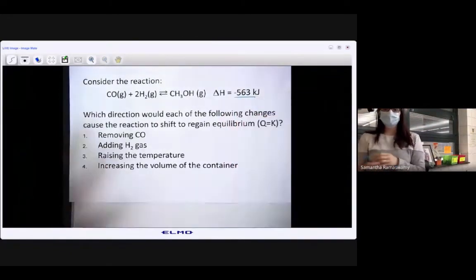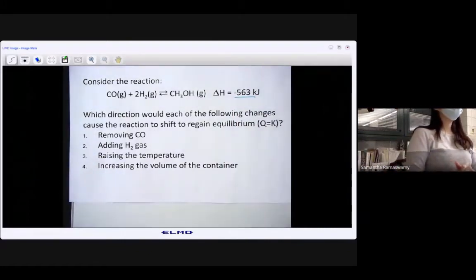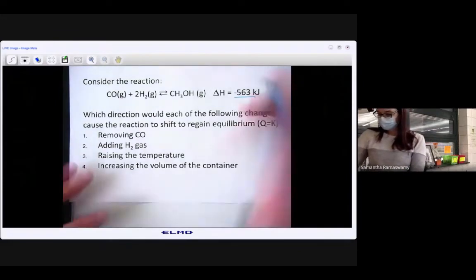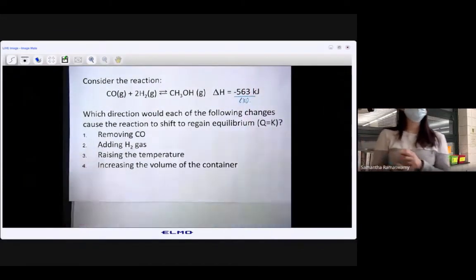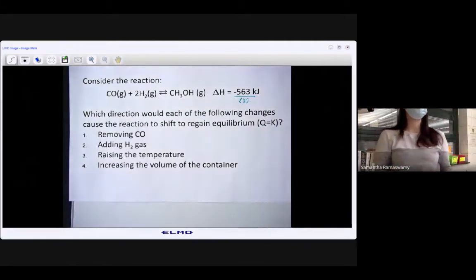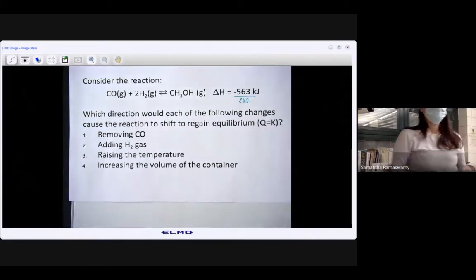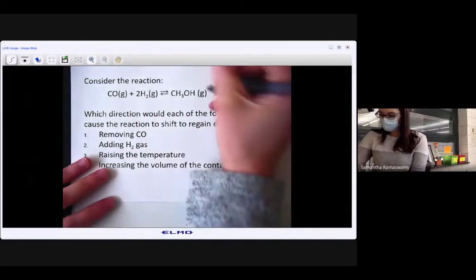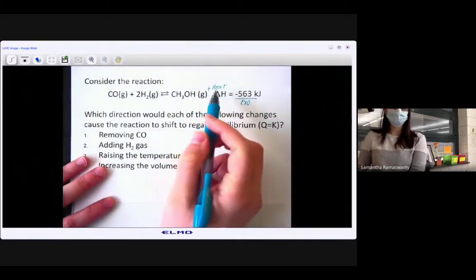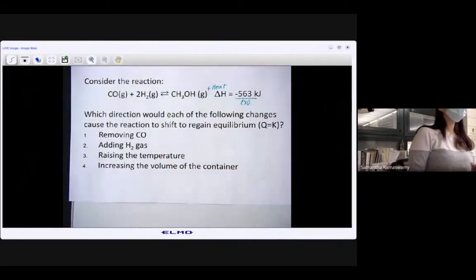delta H. So remember that delta H tells us if it's endothermic or exothermic. If delta H is negative 563 kilojoules, when delta H is negative, less than 0, that means that heat is released, which means that it's exothermic. The reason that this is important is because if we talk about changing the temperature, we need to know what type of process this is. If it's exothermic and heat is released, I can think about adding heat as a product. When heat is released, we can think about heat as a product, and then we can kind of go from